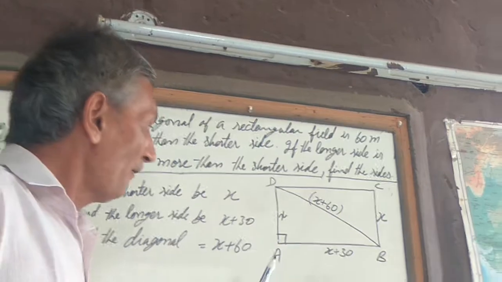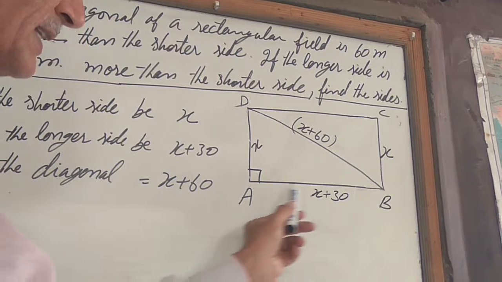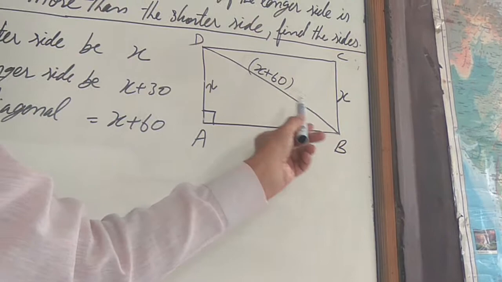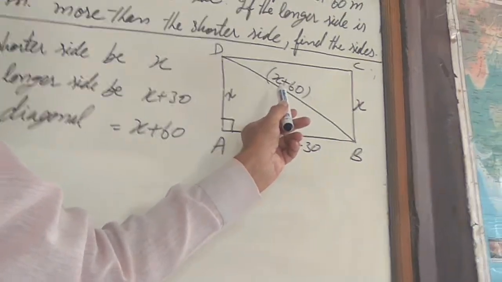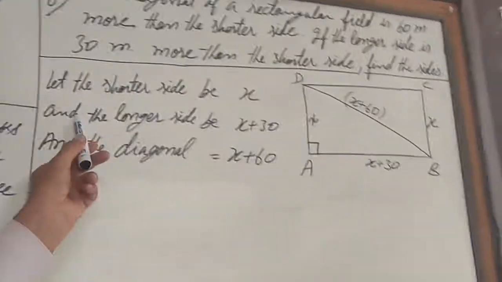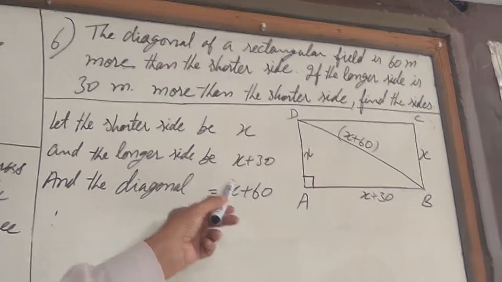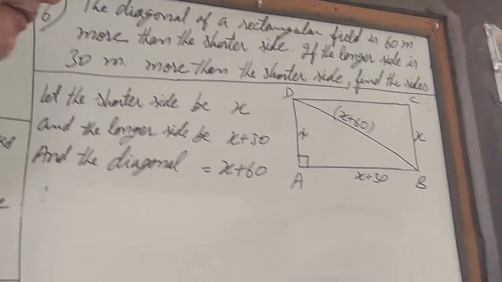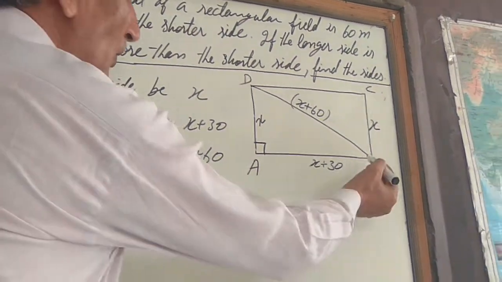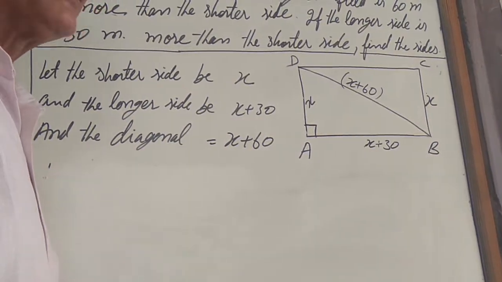See, if we take the shorter side to be x, then the longer side becomes x plus 30 and the diagonal becomes x plus 60. Let's note them here. We have taken up shorter side x, the longer side x plus 30 and the diagonal x plus 60. Now, we know that this is a right angle. So, triangle BAD becomes a right angled triangle. Therefore, by Pythagoras theorem,